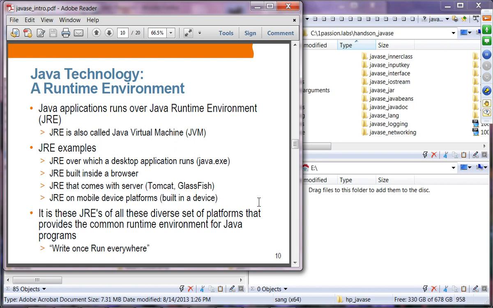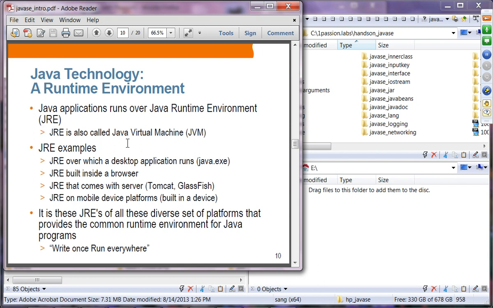Without Java, you are running your Windows application and the Windows operating system is providing the runtime environment, right? In Java, the JVM or JRE, the Java Runtime Environment, is actually providing a virtual operating system.